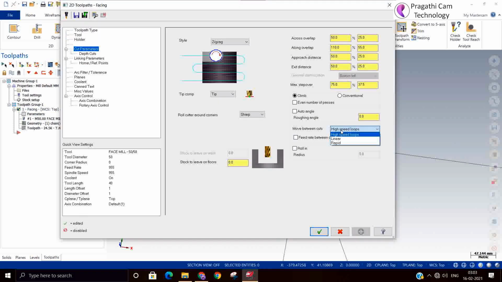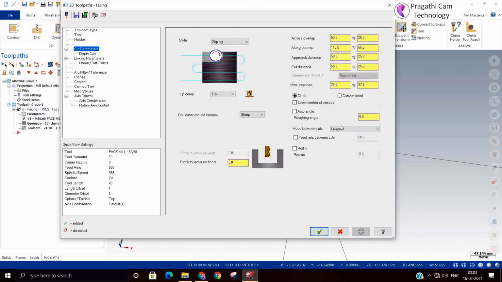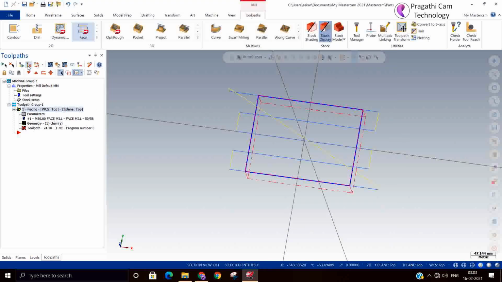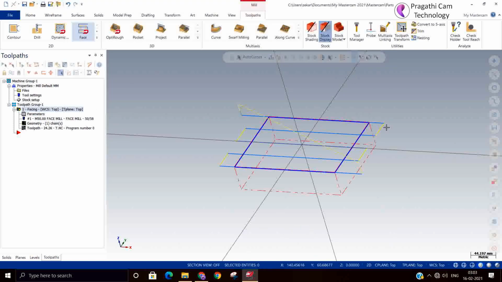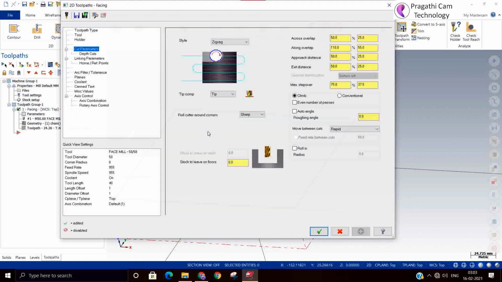Here are the high speed loop and linear. This is the transition from one pass to the next pass only, and the high speed loop is the best one. Otherwise you can give rapid also. Once the tool comes out, it will move in rapid at that place, so you can reduce machining time a little.